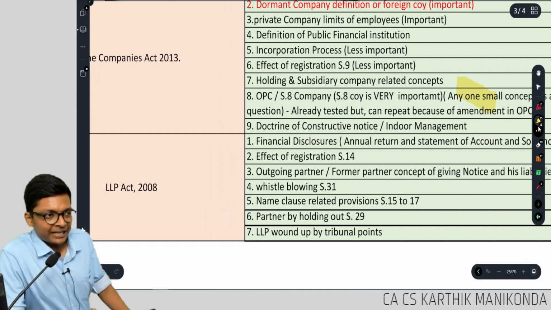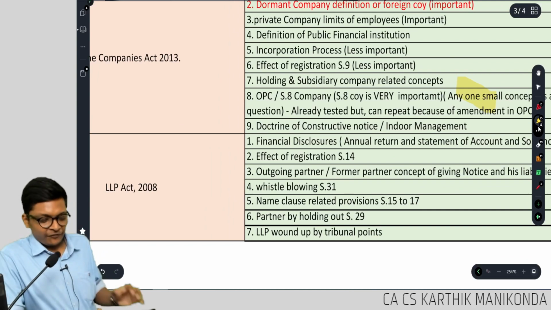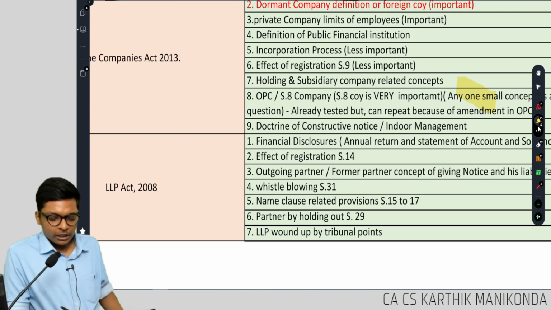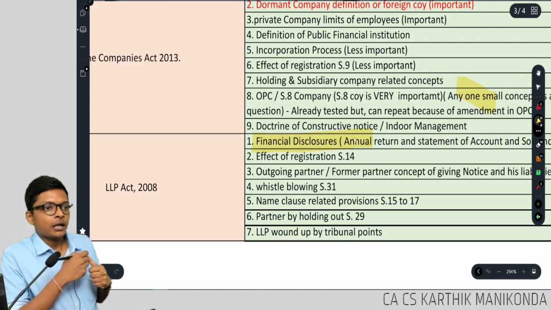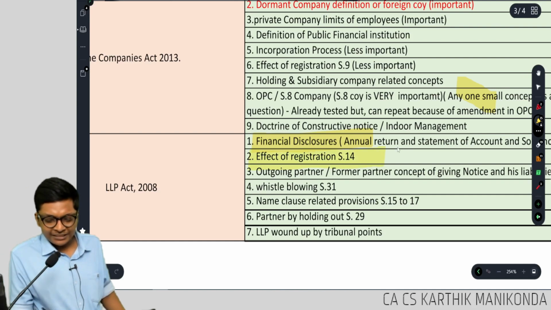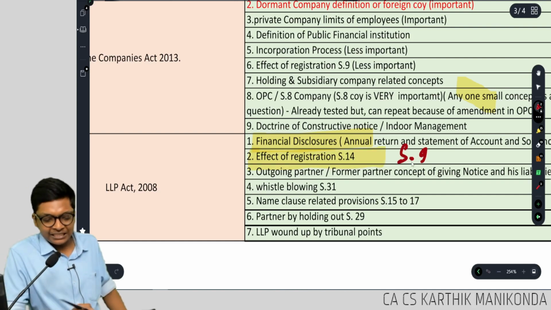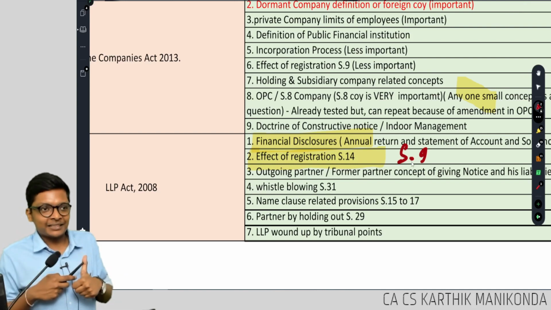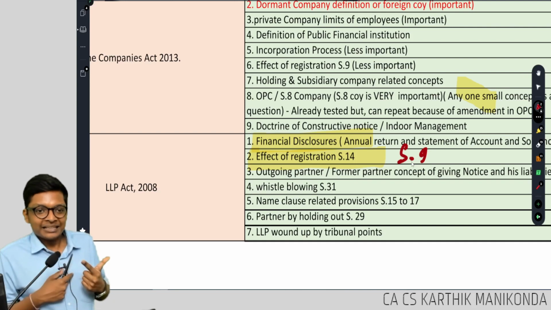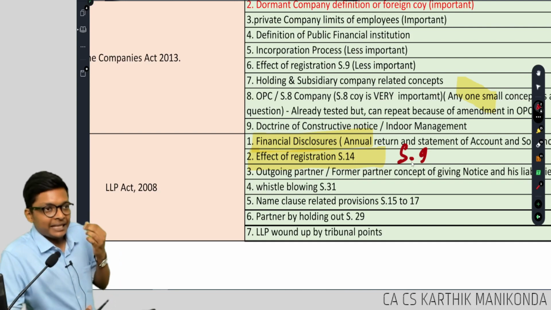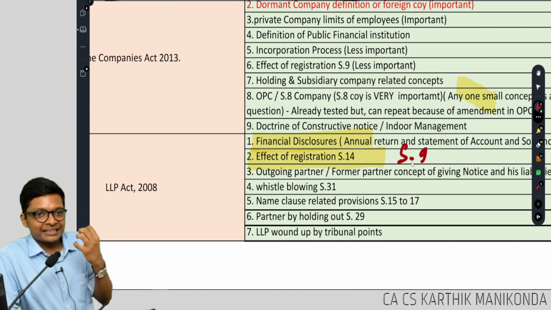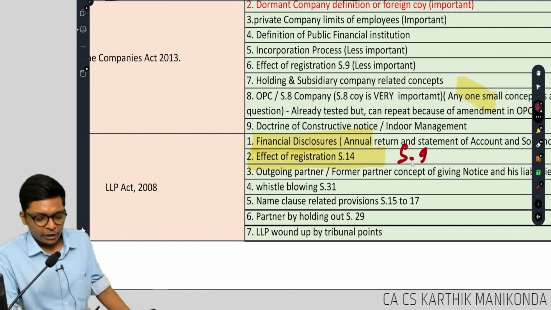Okay, follow guys. Let me finish off for LLP at least the key provisions which I want to cover. Financial disclosure already done. Effect of registration is the same as section 9 in the Companies Act. Once the LLP is registered, it becomes a separate legal entity. Perpetual succession, can be sued. LLP can buy property in its name. LLP can incur liabilities. Those are the points. Next,